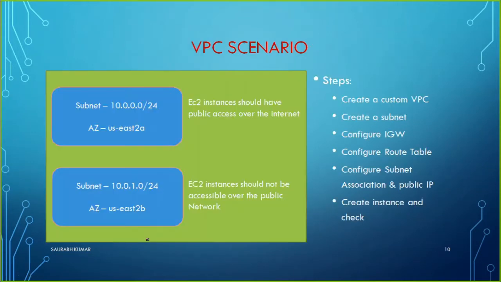Now, to understand all of this, whatever we have talked about, I am going to use a scenario, and on the basis of this scenario, we are going to perform the practical. Just for the sake of understanding, I have tried to make one VPC here. So the first thing we are going to create is one VPC. Inside of the VPC we will make 2 subnets maybe.